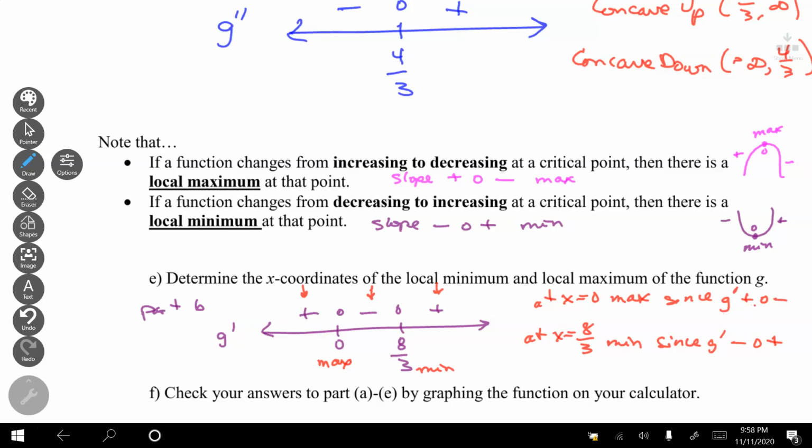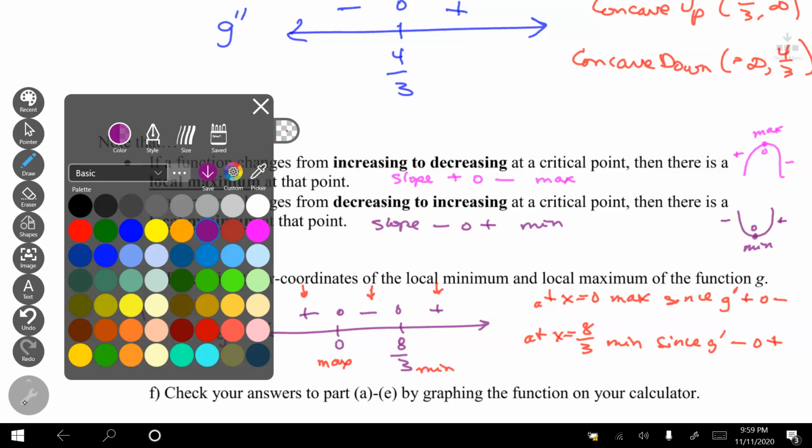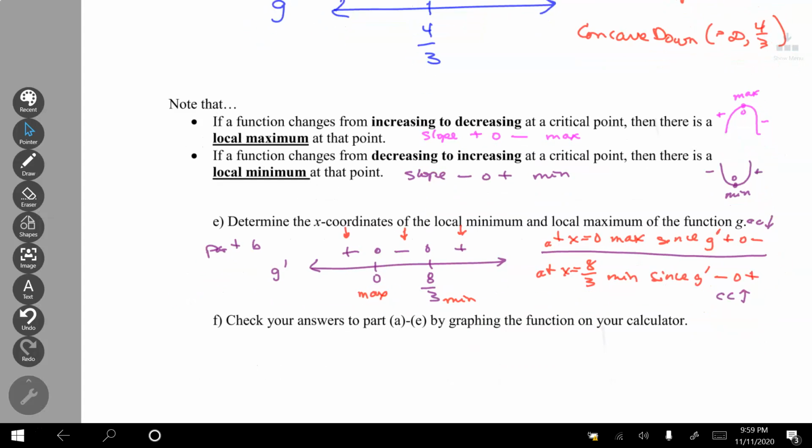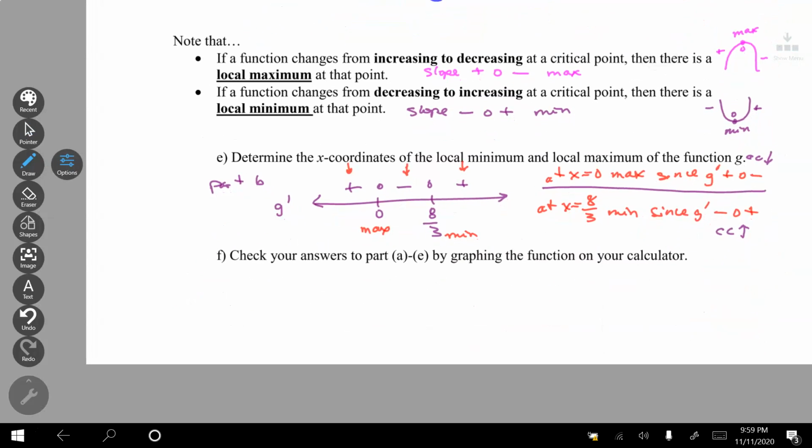Basically, positive, 0, negative means something goes uphill, 0, and downhill. That is a concave down graph. That means I have a maximum. Okay, write that down. This all implies that this part has to be concave down, and this implies that it has to be concave up. So if I really wanted to draw what this graph looks like, taking all this information,